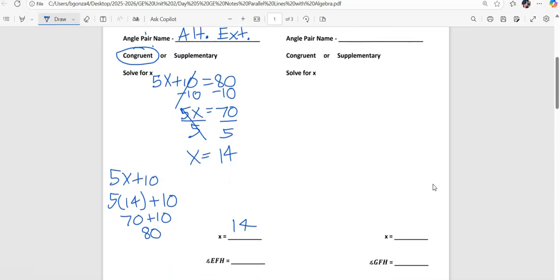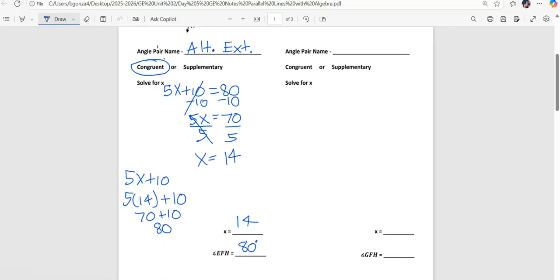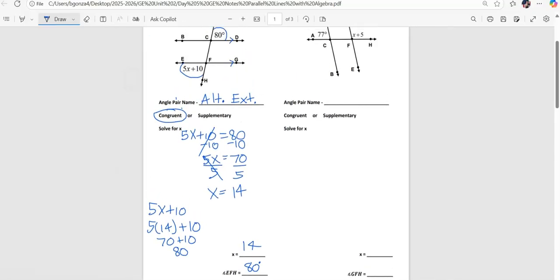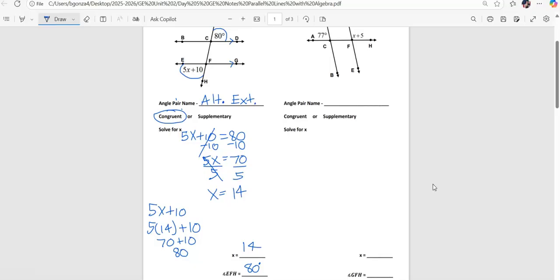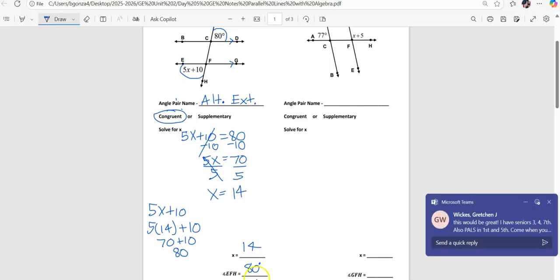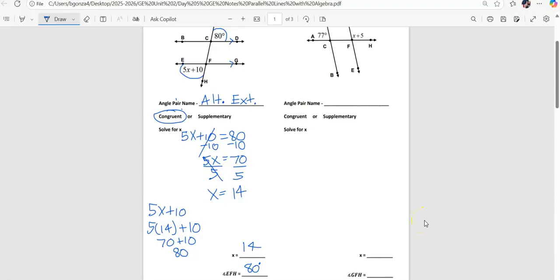80. And that is the missing angle. I took a picture, I set up an equation, and I solved it. Now, here's a shortcut way. Didn't we already know these two angles are the same? Right? So if this is 80, didn't we already know this had to be 80? So did I have to do it this way? You could have just written 80 and that would have been fine. Okay? Now,